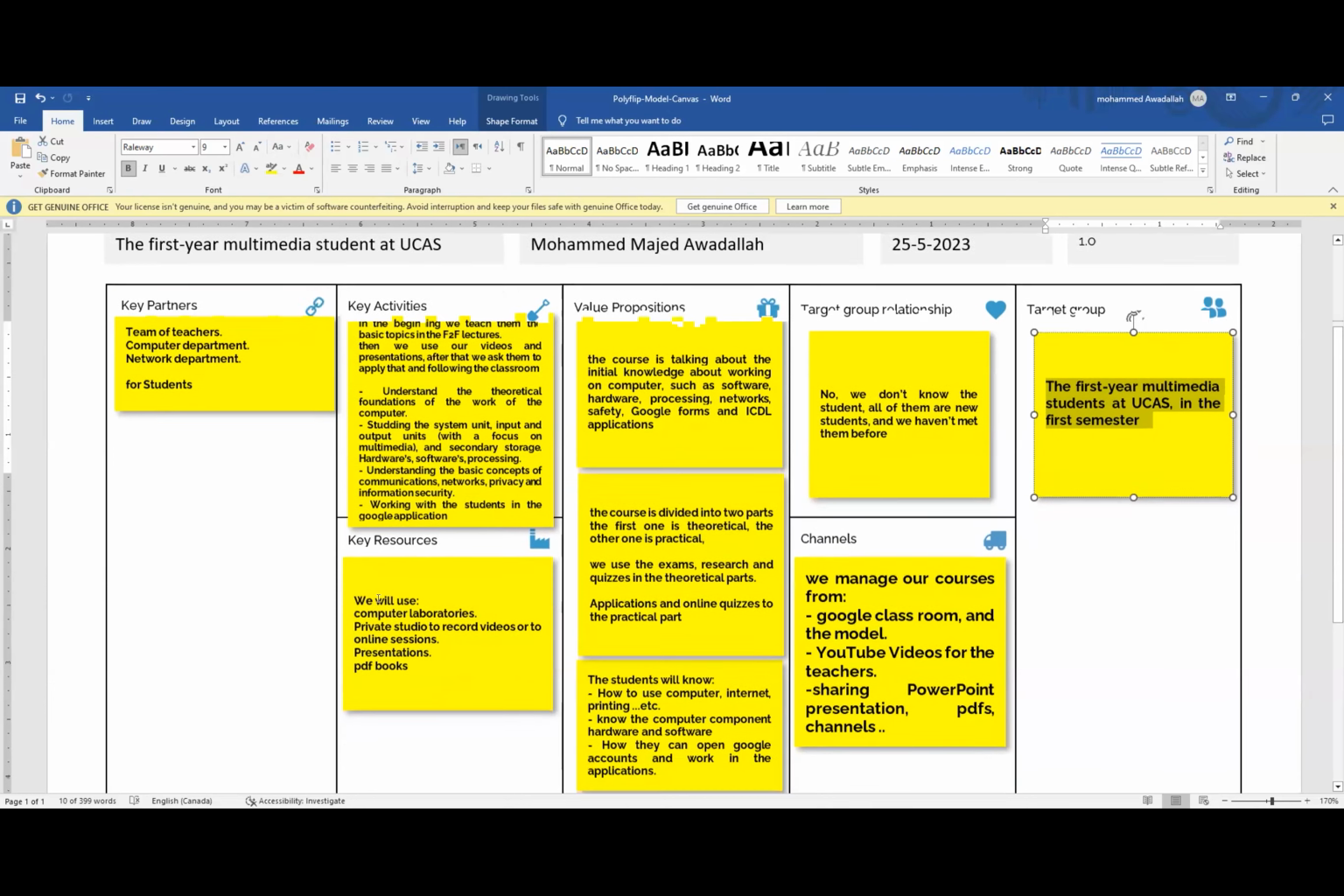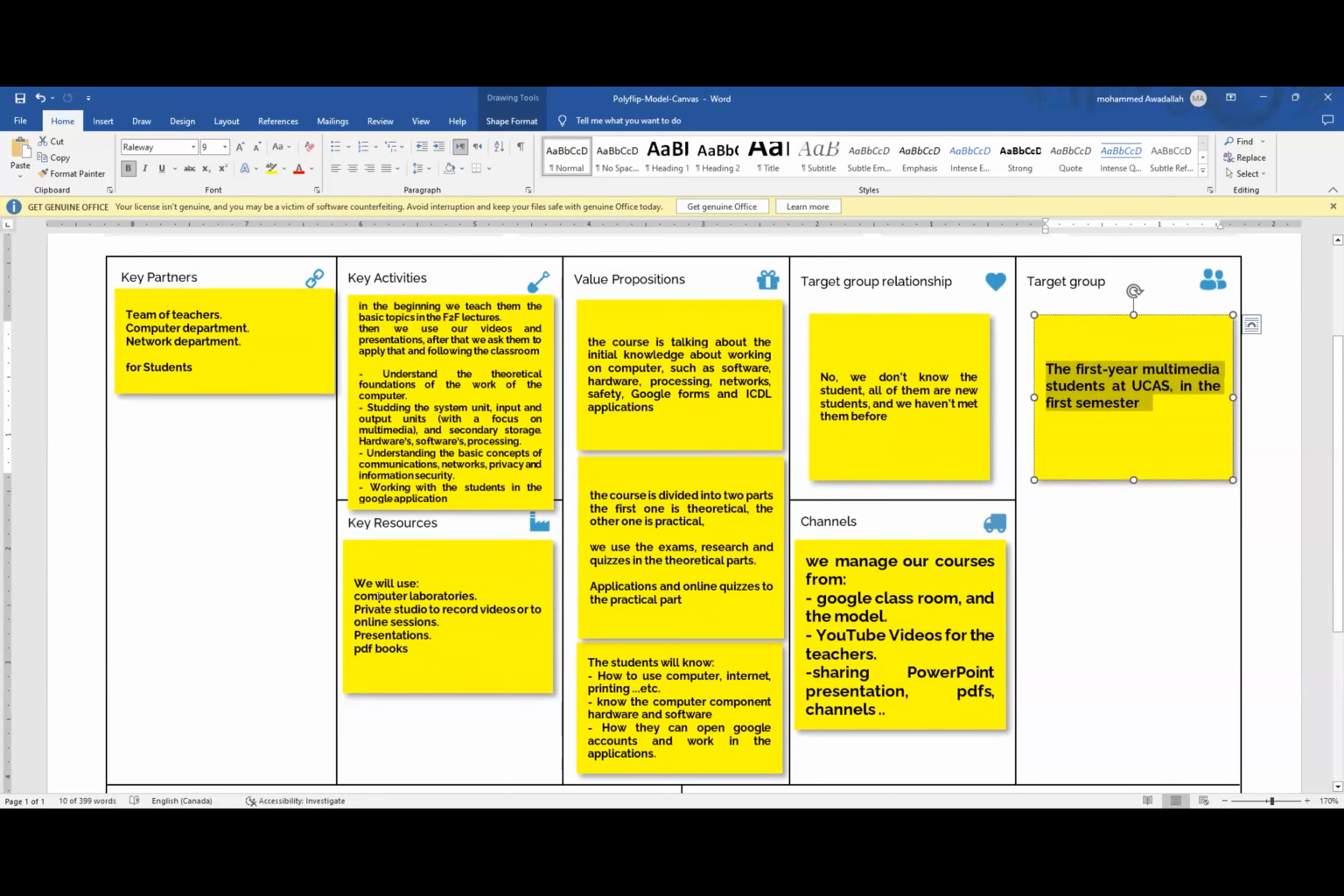The key resources that we use in teaching: computer laboratories, and a private studio to record our videos or online sessions, make presentations and PDF